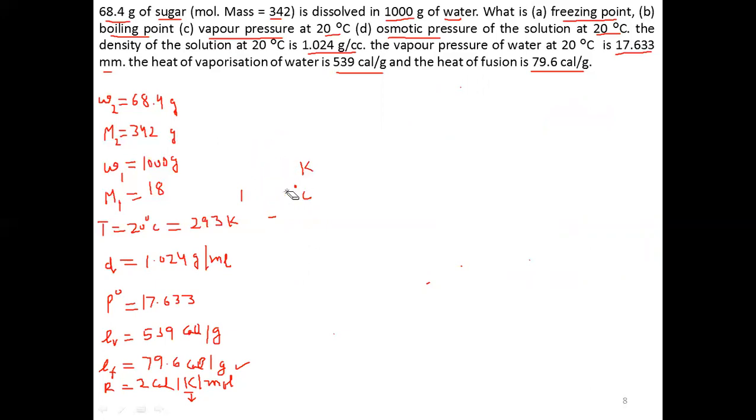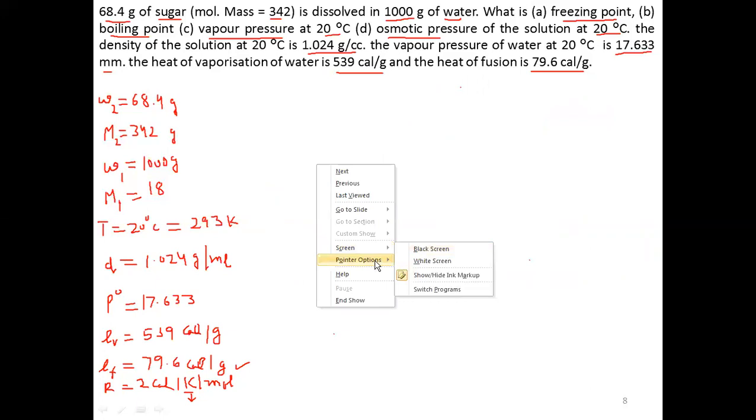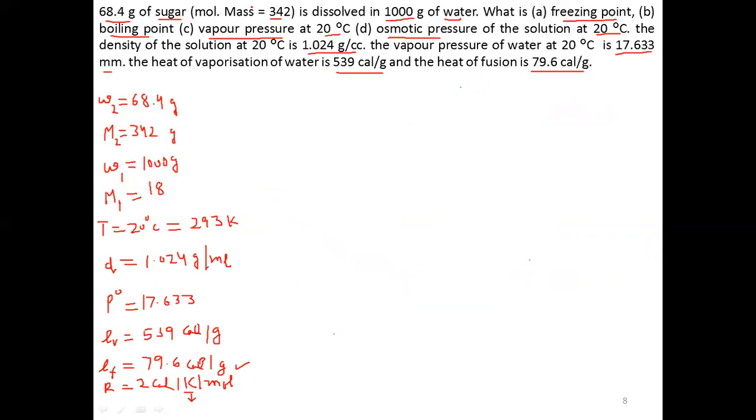This data I don't require now, that's why I have erased it. So now let us do part C. We have to calculate the vapor pressure at 20 degrees Celsius. We have to calculate vapor pressure of solution. We are given vapor pressure of pure water. P naught is given. So vapor pressure of pure water is